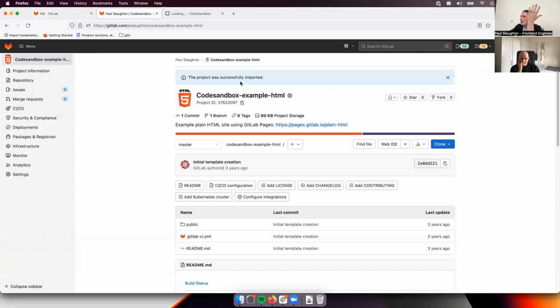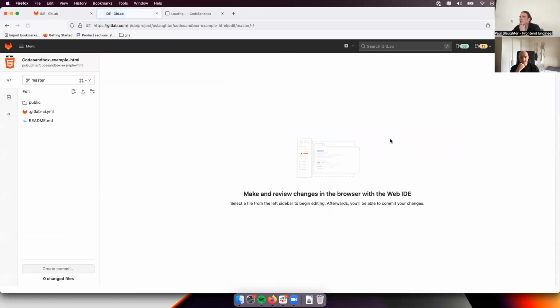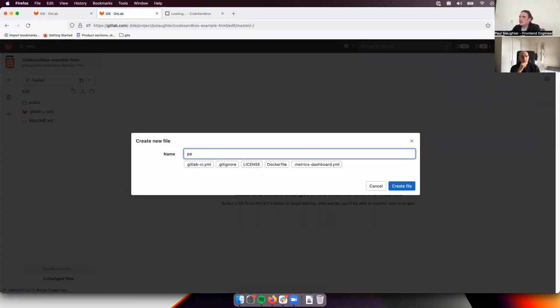Okay, so we have our HTML project, and if I'm familiar with the live preview feature, I may feel like, oh, I can just get started. But this tab actually doesn't show up. Yeah, because we need to create a package.json. A package.json needs to exist. And so I create a package.json,